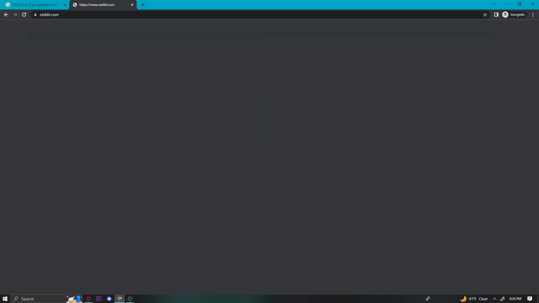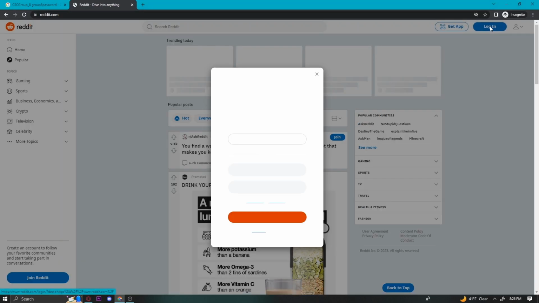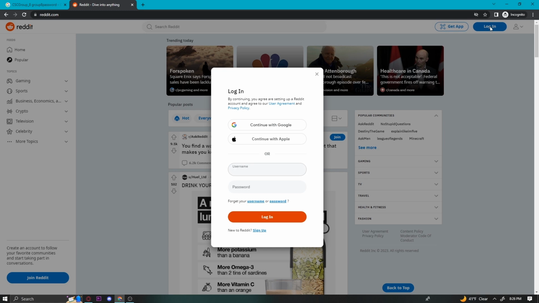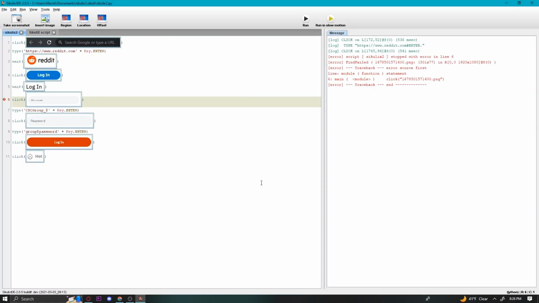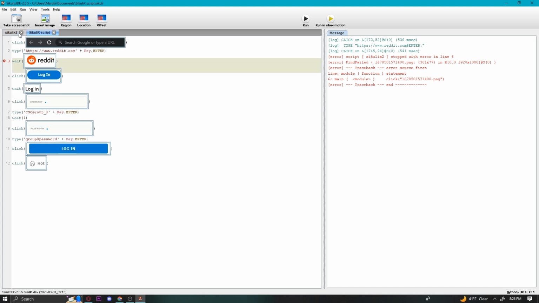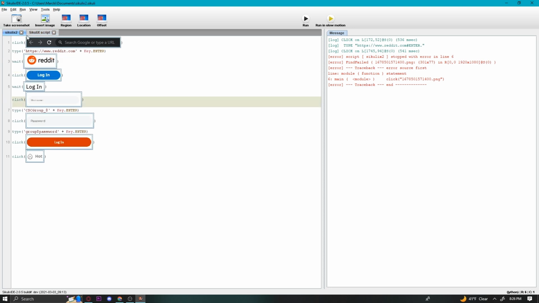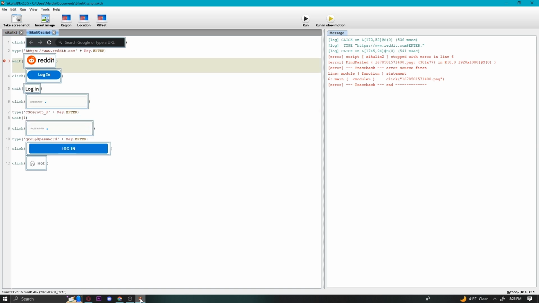Reddit.com. Okay. Yeah, honestly, I think it's an issue with the screenshot or like why it's not working, but I'll show you